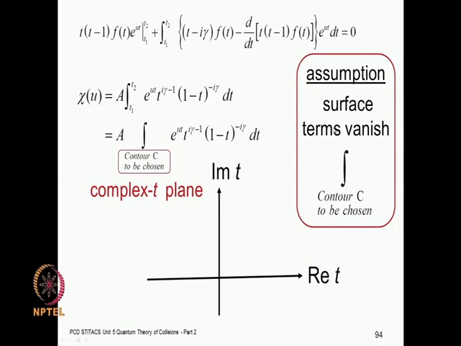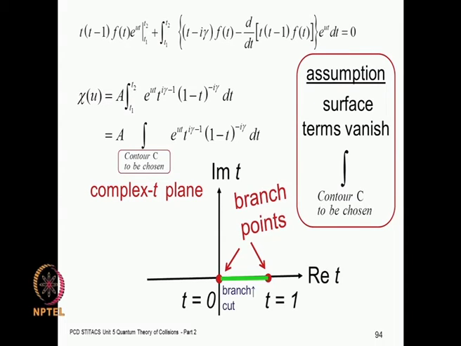So, this is the complex t plane, and now we must observe that this is the integral that you are solving, and if you look at the integrand, you know that there are these branch points at t equal to 0 and t equal to 1. And then if you go around this, then you can get multiple valued functions and so on. So, if you want to avoid that, you have to give a cut between the two. So, you can get a branch cut, or you can